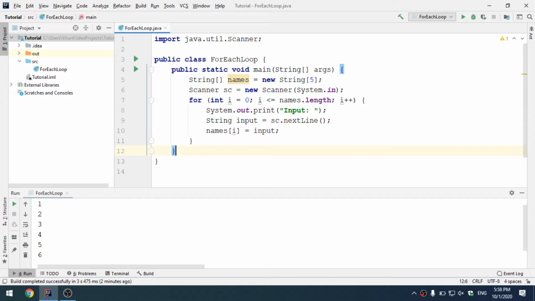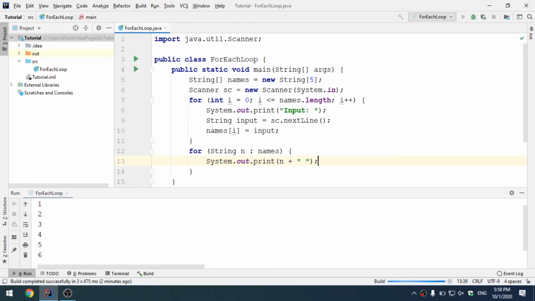All right, so I'll be giving 5 names to my program. And by using a for each loop, we'll be printing every name to our console. So I'll be using a for each loop like this. So for String n, so for every string n in names, System.out.println n. Okay, so let us say that System.out.print n like this. So if I would run this program, so in my console you can see,